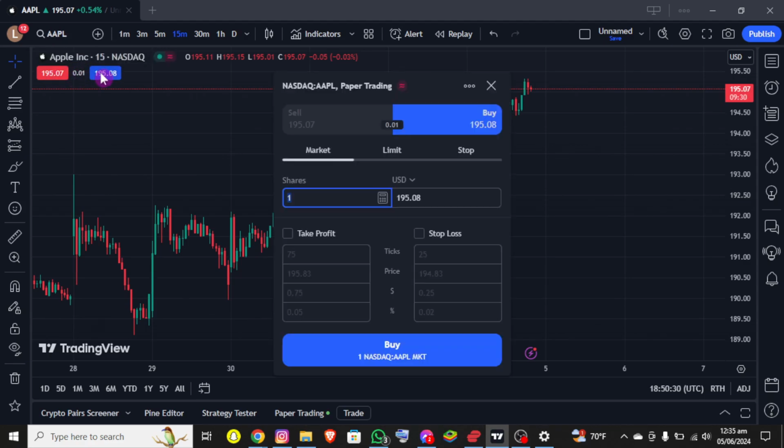Click on buy market, and now you can adjust your take profit, stop loss, and you can enter your shares here, and finally click on buy and you'll be able to buy stocks on TradingView successfully. So basically this is how you can buy stocks on TradingView, and if you still encounter any issue during this